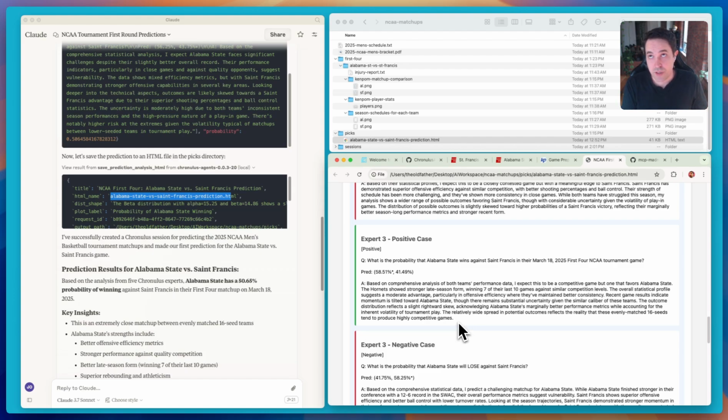This is really nice because it gives you a little bit more of a sensitivity analysis. If you just ask the same question to the agents, a lot of times there's sensitivity around specific words or specific phrasing, and so you might get back results that are overly confident.